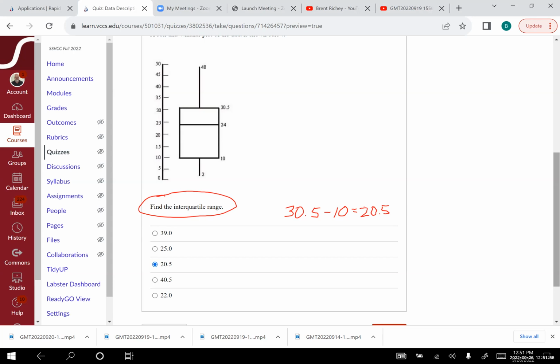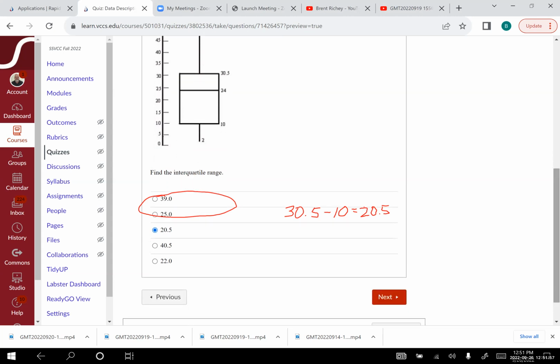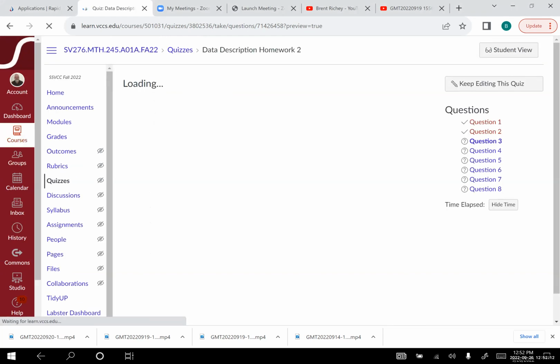I just knew when I first saw these problems that some of them were going to ask you to draw it. And then by the time I got to the end, I thought, none of them asked. We just read them. All right, so there's that one. Let's see what else they ask here.